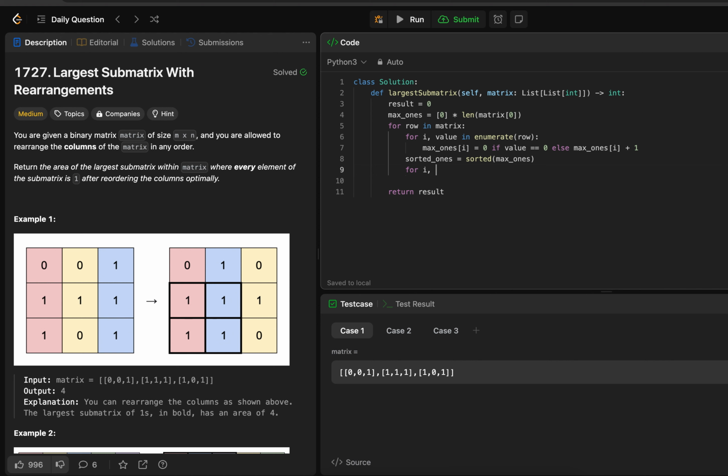So for I and the current count, let's be h, in enumerate sorted ones, and update result. So result equals to maximum of current result, and the area of